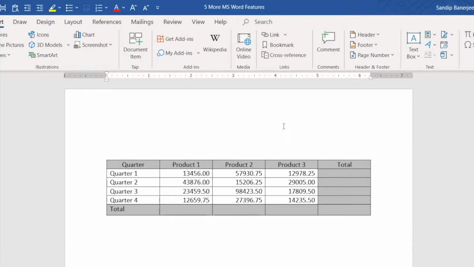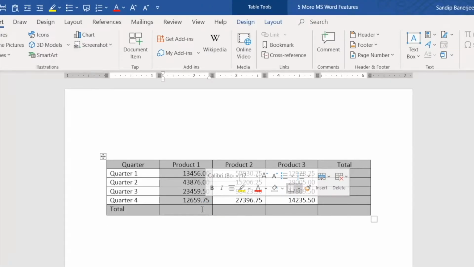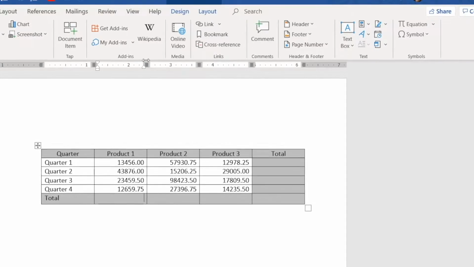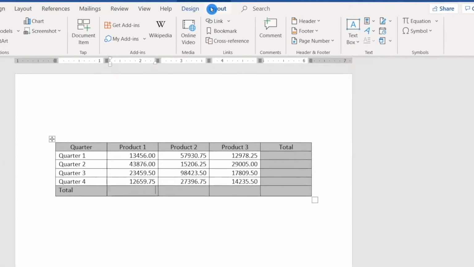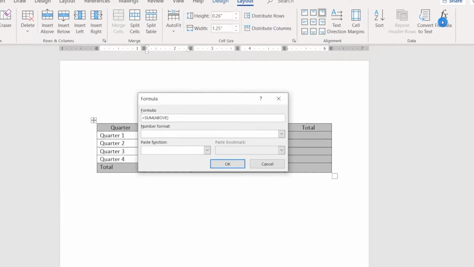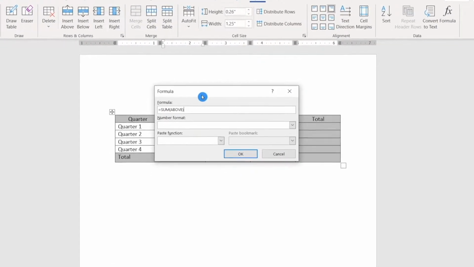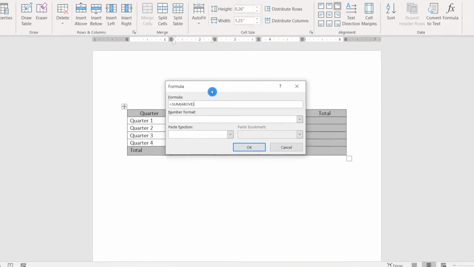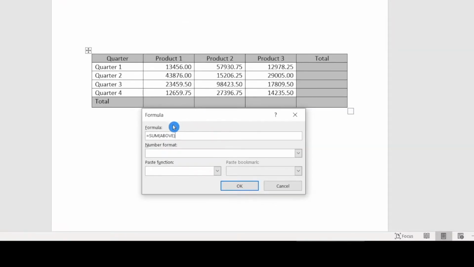So in this particular page, you can see I have a table and there product wise and quarter wise sales volume are there. So what I need to do, I need to calculate the sum of all these values. So let me show you how you can do that. If you follow my mouse in the top ribbon, you need to go to this layout option, and there in the extreme right you will find formulas. If you click on that, you can see one pop-up came and it automatically sensed what I wanted to do here. You can see it's showing that sum formula, that equals sum above. So in case my cursor is in this particular cell, it will calculate the values above.